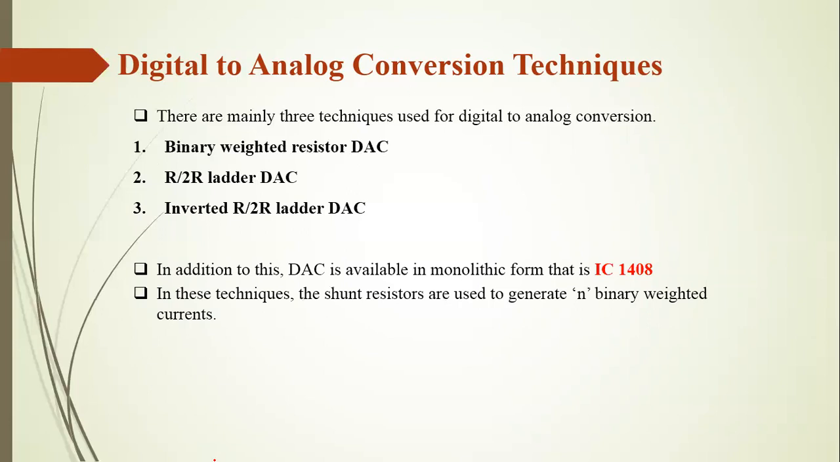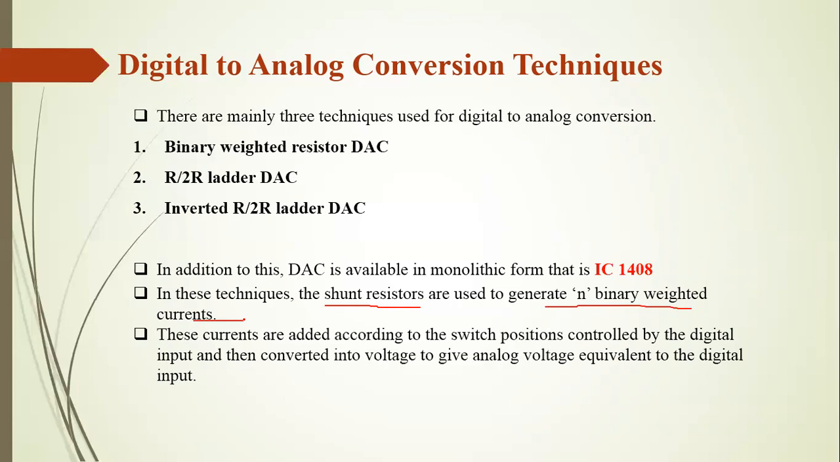So in this technique, you will be using additional components. That is, in addition to the op-amp, you will be using shunt resistors that are used to generate N binary weighted currents. And these currents are added according to the switch positions controlled by the digital input. Then they are converted into voltage to give analog voltage equivalent to the digital